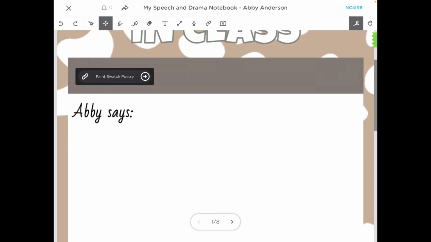However, that also applies to links, which means that I can't click on this link when I'm on the scroll tool. So in order to change that, all you have to do is click over to this one here, which is the selector or move tool. It looks like a little cursor with a circle around the tip. So if I'm on that tool, I can then click on the link and it will open it in